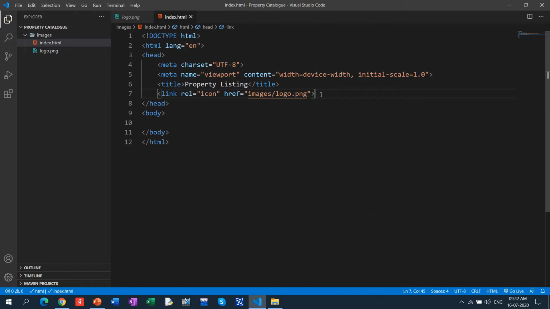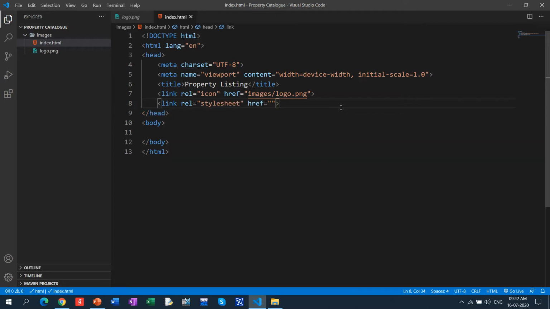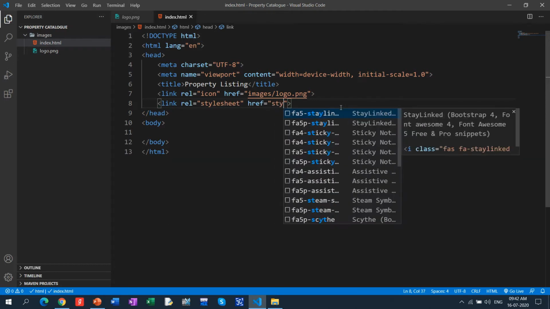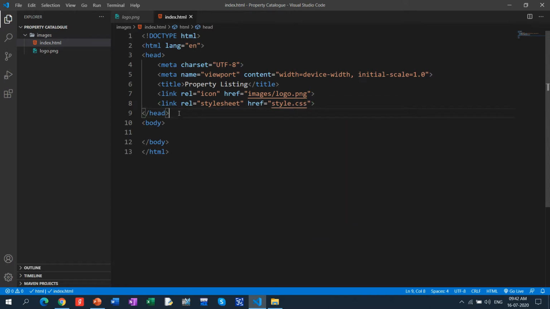Fine, it is done. And one more thing I want to add, because I'll be adding a CSS file. So let me just link it, because as of now we don't have the CSS file, but I will be adding it, named tile.css. That's the completion of the header section.